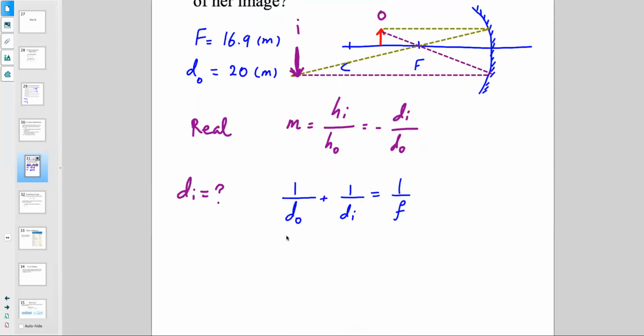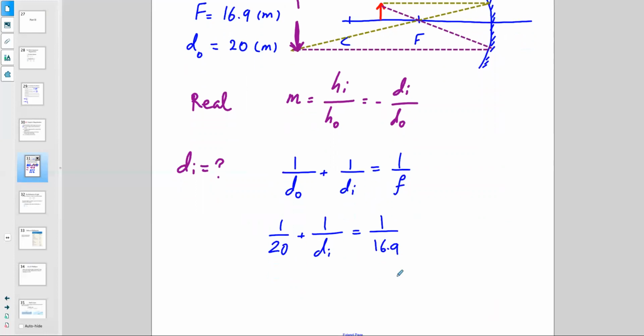We have 1 over 20 plus 1 over di, the one that we are looking for, equals 1 over f, which is 16.9. So 1 over di is 1 over 16.9 minus 1 over 20. And thus I can write di being equal to